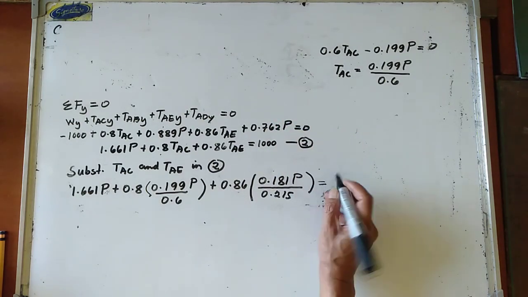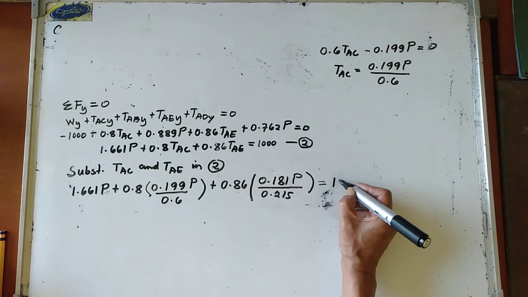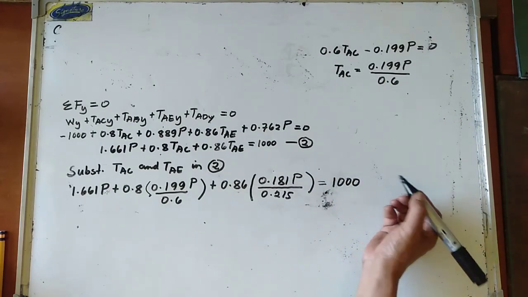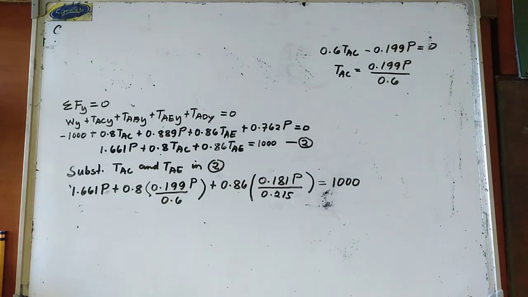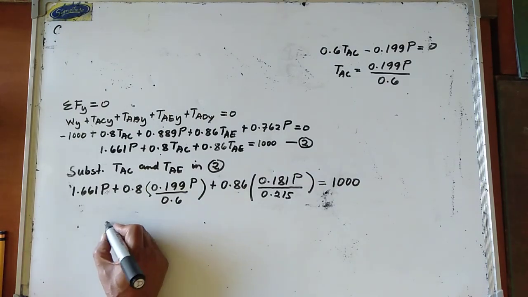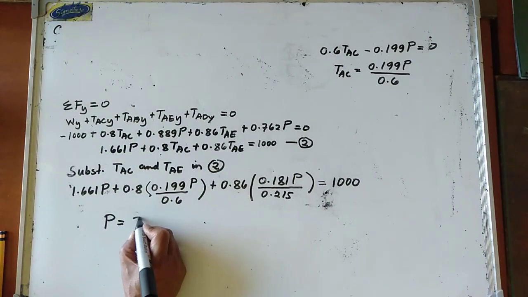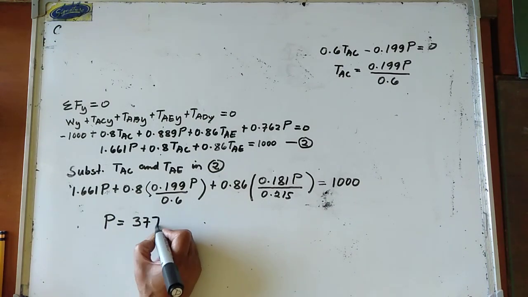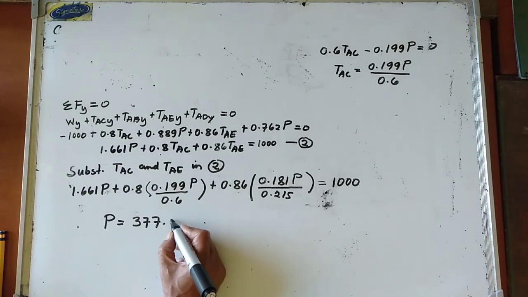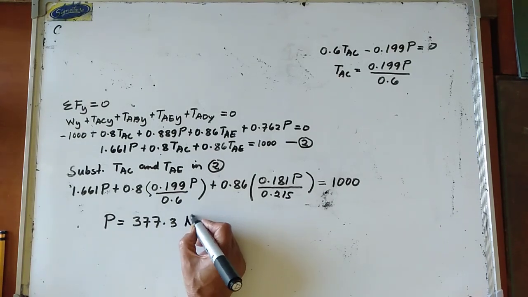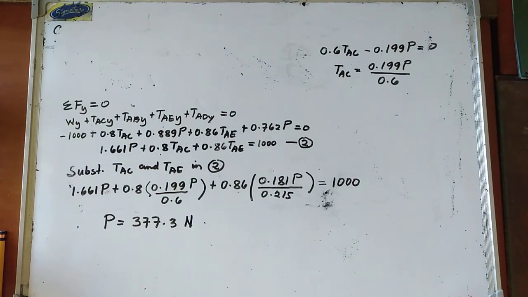And this is equal to 1,000 newtons. Therefore, your P in here is now equal to 377.3 newtons. So that is therefore the